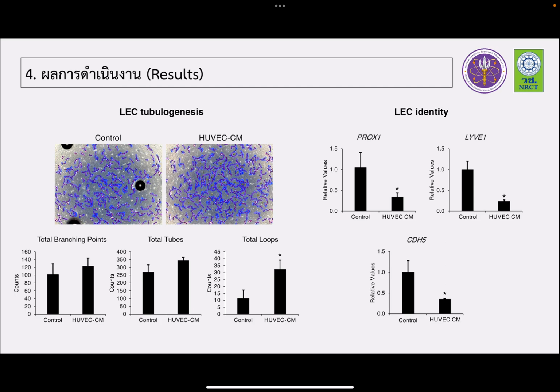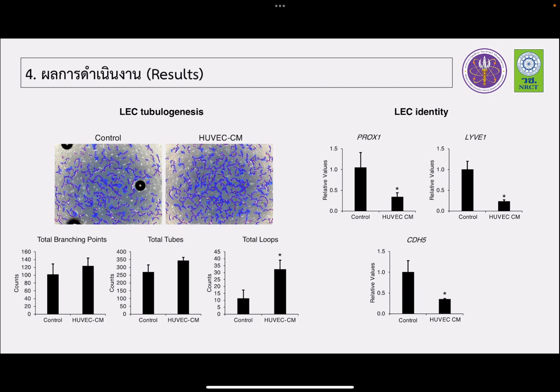And when we look next at the LEC identity by observing several LEC markers, including PROX1, LYVE1, and CDH5, which is VE-cadherin, we found that this conditioned media significantly decreased the expression levels of these LEC markers, suggesting that the HUVEC conditioned media might destabilize or decrease the identity of LECs,